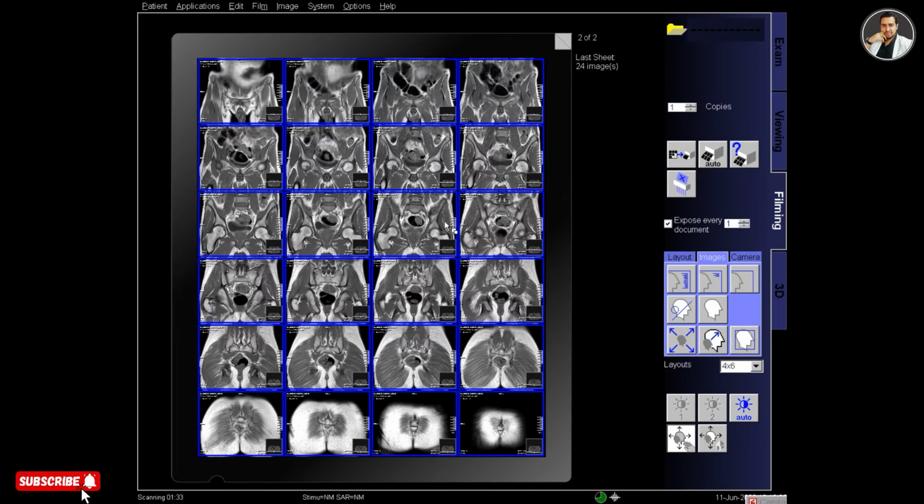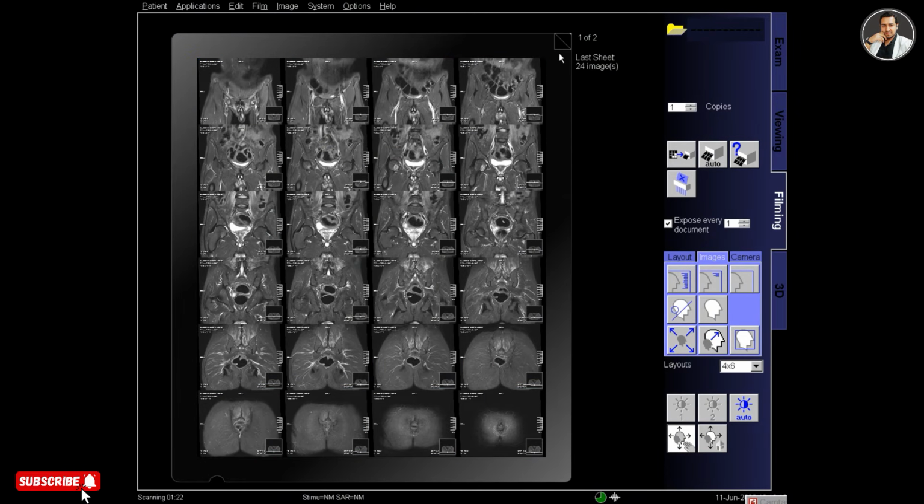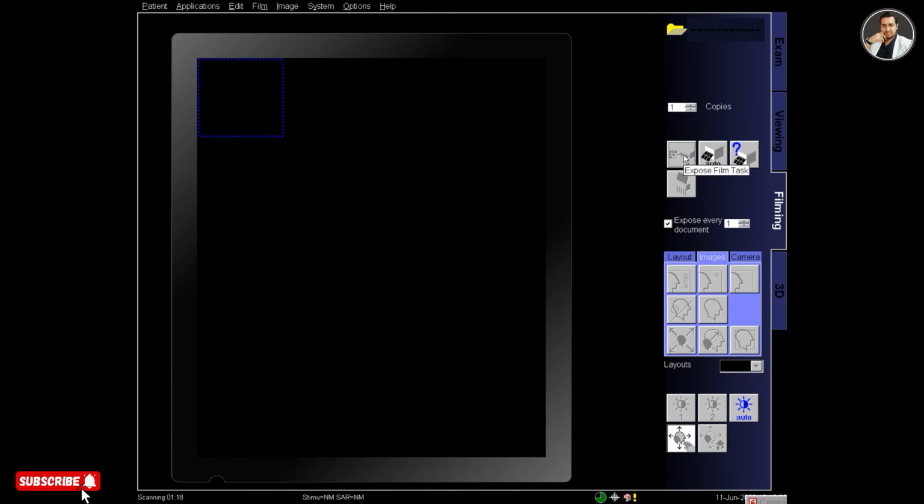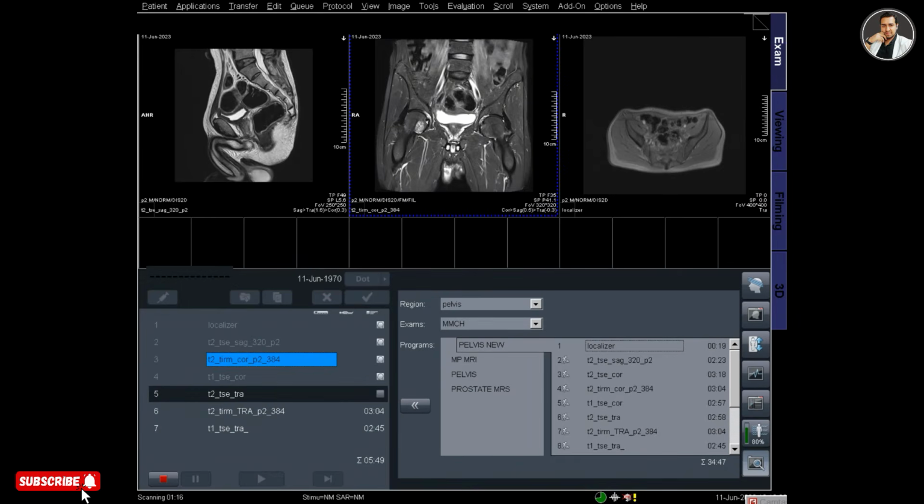It was very bright, so I reduced the contrast. So two coronal films have been prepared, and I am printing them out by clicking expose film tags.